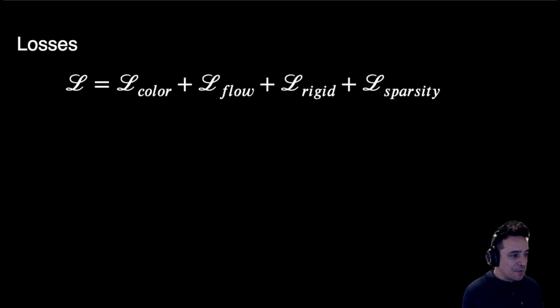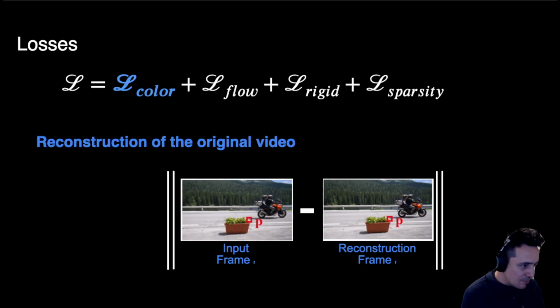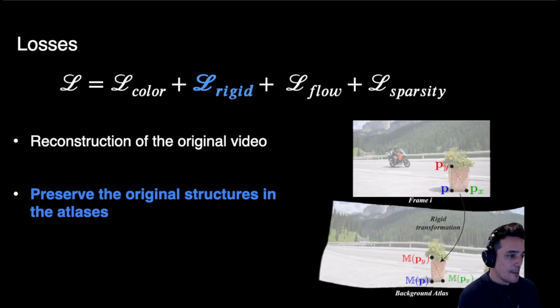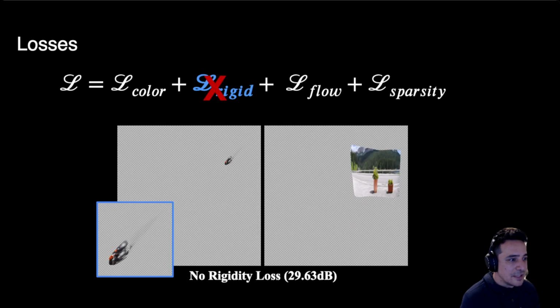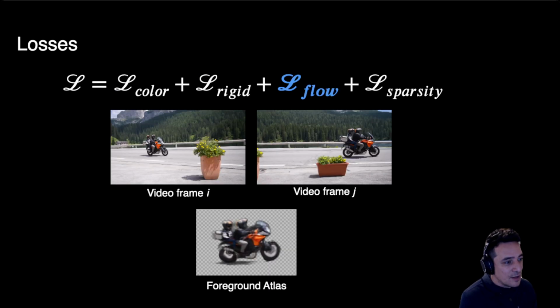Actually, we have a number of losses, and I'll go over what these are. The first one is this color loss, which is a reconstruction loss, saying that the reconstructed video through the atlases should look like the input video. And then we also have some other losses to make the atlases more intuitive to a human. So we want to try to reduce the deformation in this atlas, and we do this by saying that triangles in the input video should remain similar to triangles in the atlases. You can see that without this rigid term, we end up getting these atlases, which do a really good job of reconstructing the video, but they're highly distorted. So it would be tricky to go in and draw on these atlases.